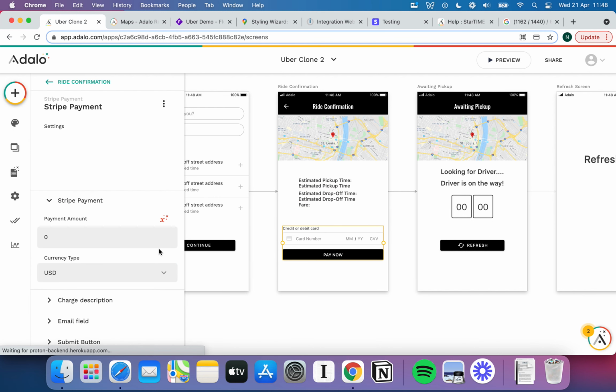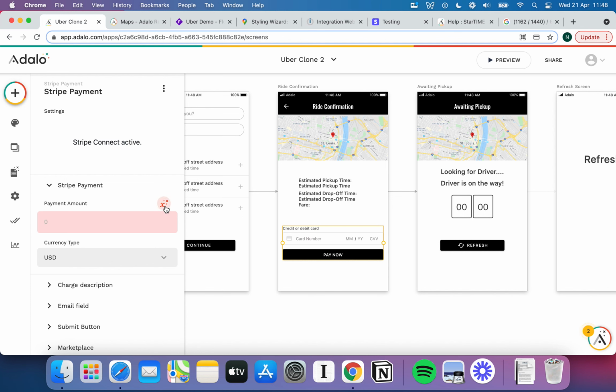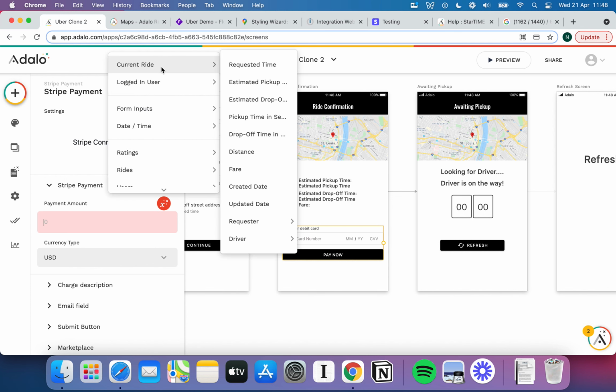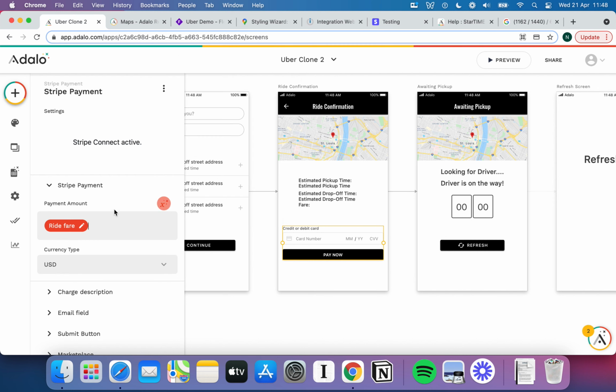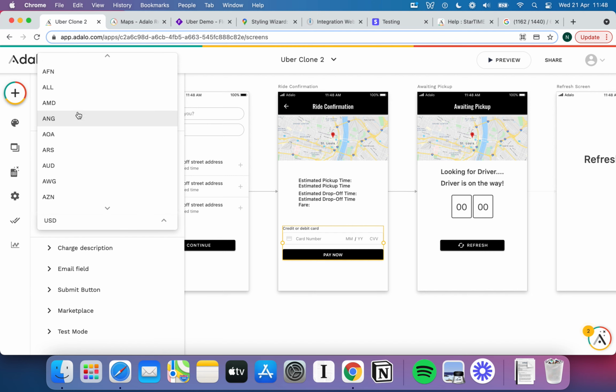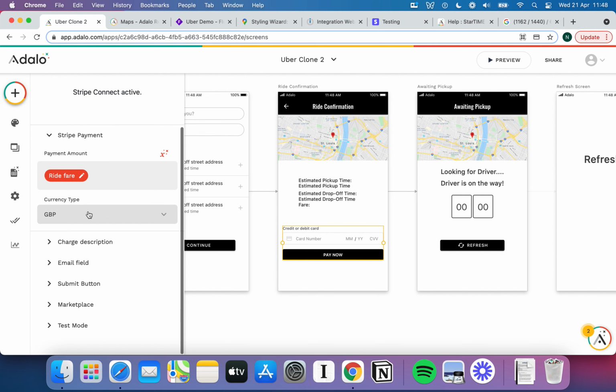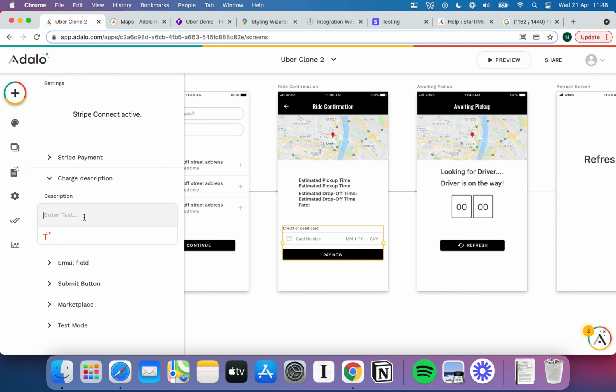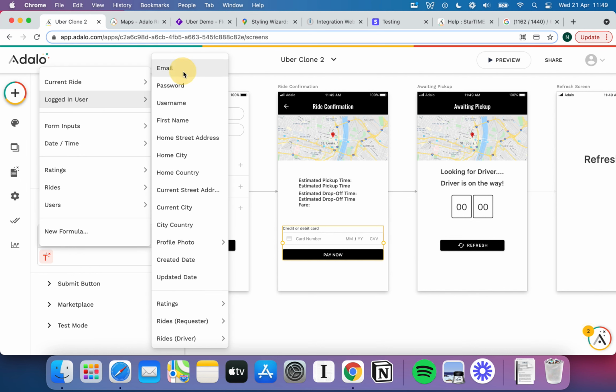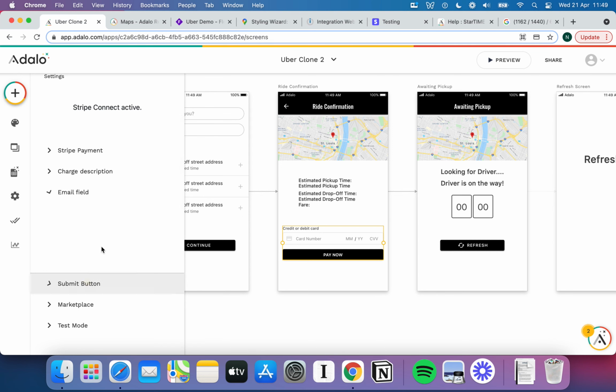We'll then come into our Stripe, and we'll set the payment amount as the fare that we calculated. So current ride, fare. You can come to the currency type there. I'm going to pick GBP. Again, you can do whatever currency suits you. Charge description, just call this something like Uber ride. Whoops, I've done that in all capitals. Uber ride, there we go. For the email field, it's looking for the buyer's email. So let's just go to the logged in user and hit their email. And then of course for a submit button,